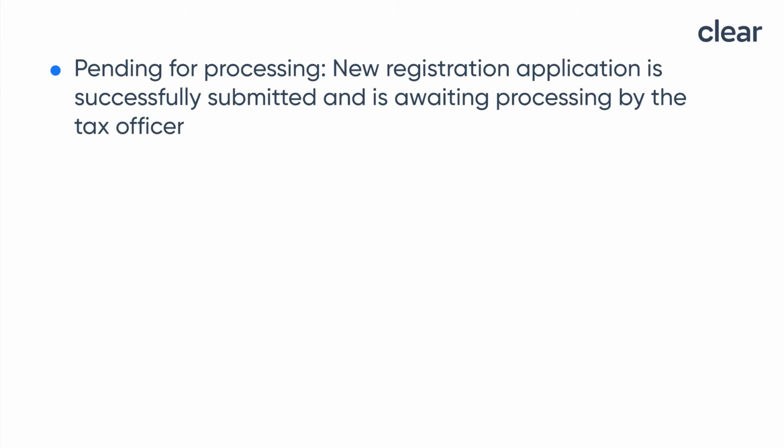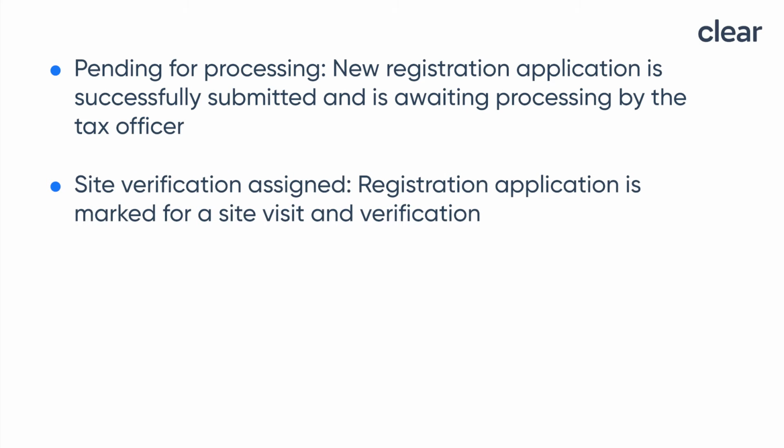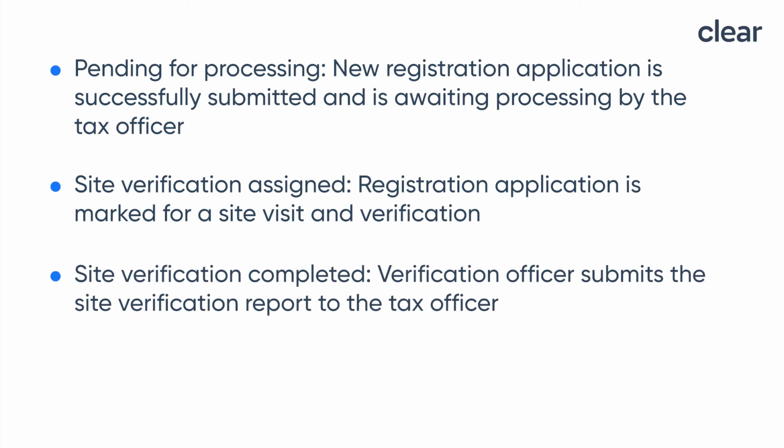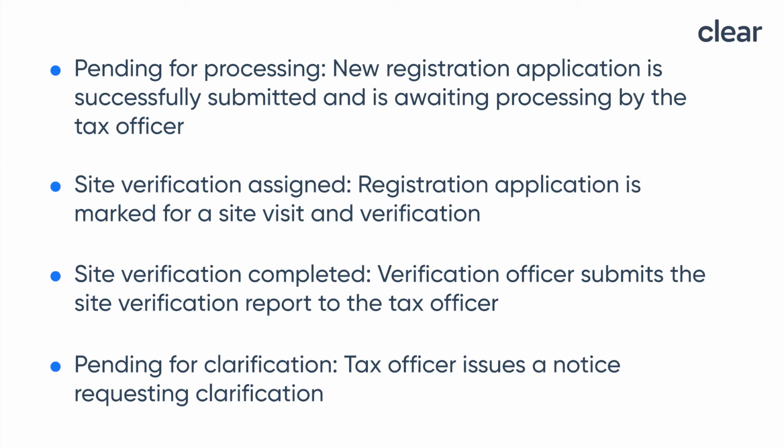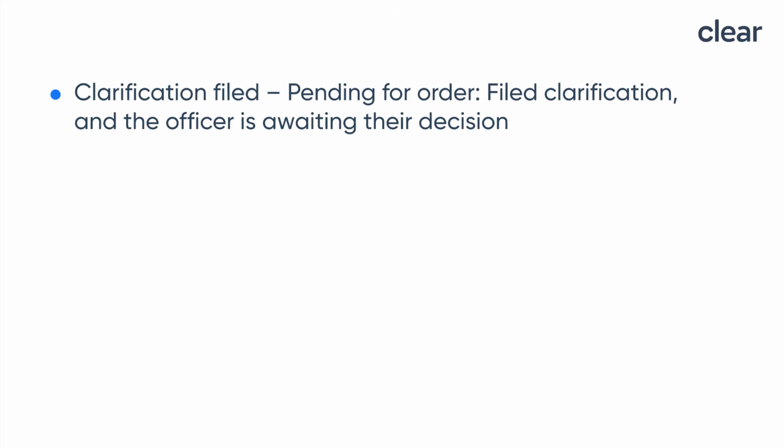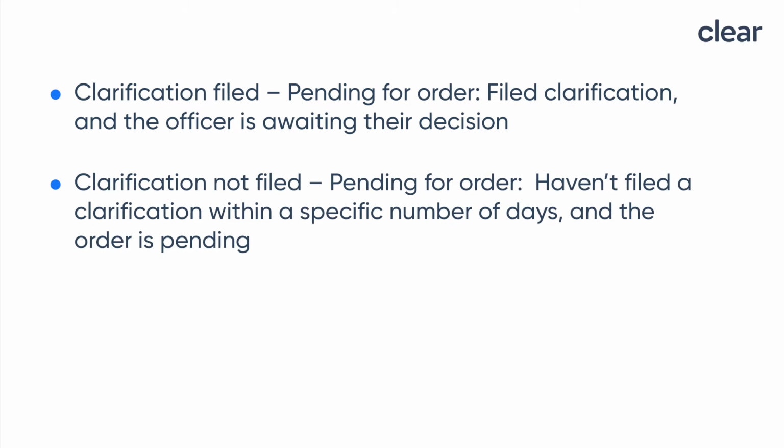The ARN will have one of these statuses: pending for processing, when your new registration application is successfully submitted and is awaiting processing by the tax officer; site verification assigned, when your registration application is marked for the site visit and verification; site verification completed, when the verification officer submits the site verification report to the tax officer; pending for clarification, when a tax officer issues notice to you requesting clarification; clarification filed, pending for order, when you have filed clarification and the officer is awaiting their decision;